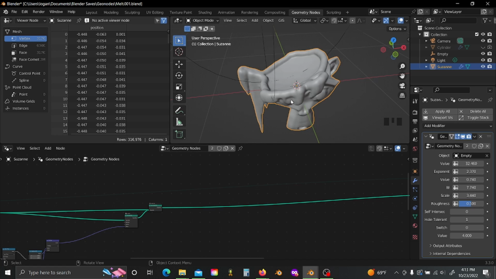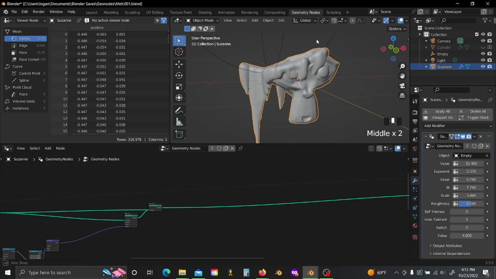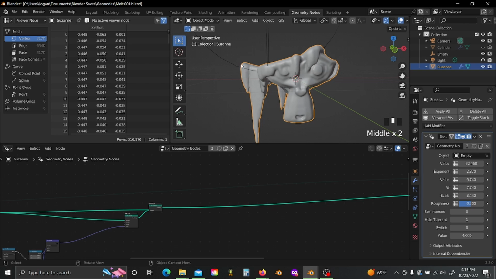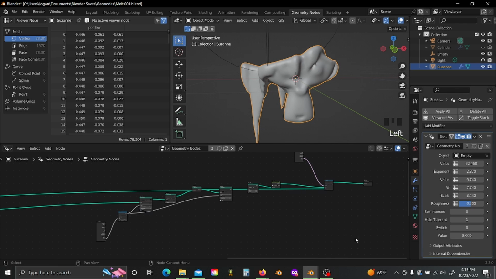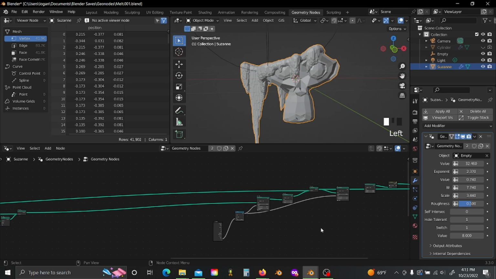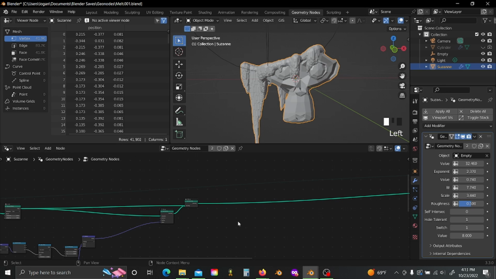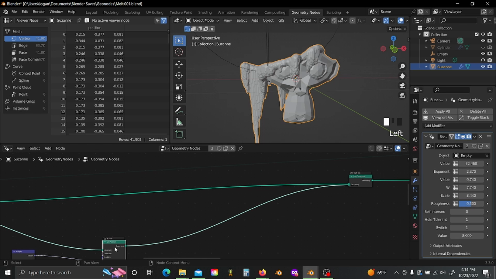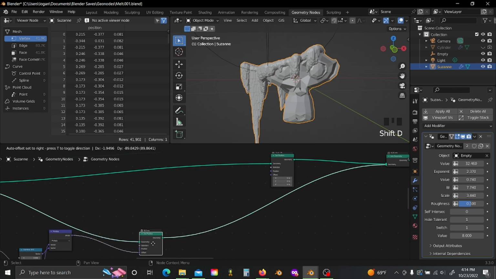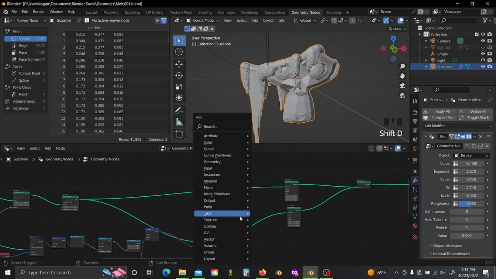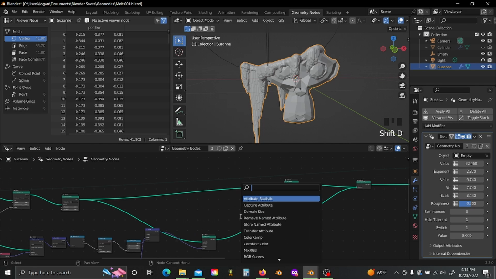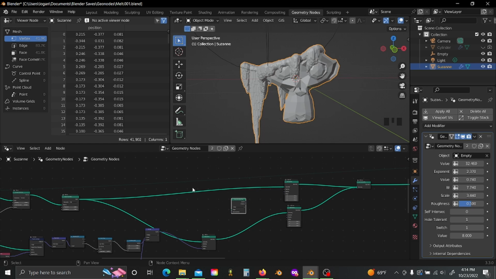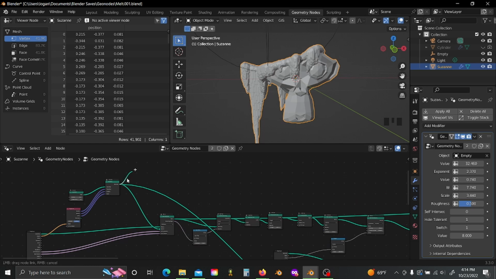Now, one more thing I want to do is distort this edge a little bit. You can see right now it's very clearly just sort of a cutout of a sphere. So I'm going to up our resolution a bit, and I'm going to set our switch to 1. That way it works much more real time. Now what we can do, if we slide these out of the way, is add a set position in for each of these. Shift A, and let's bring in a proximity node, and plug our icosphere